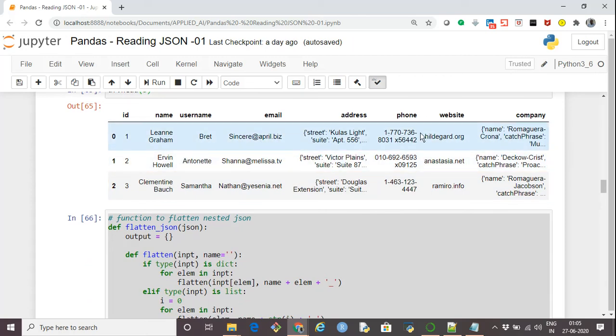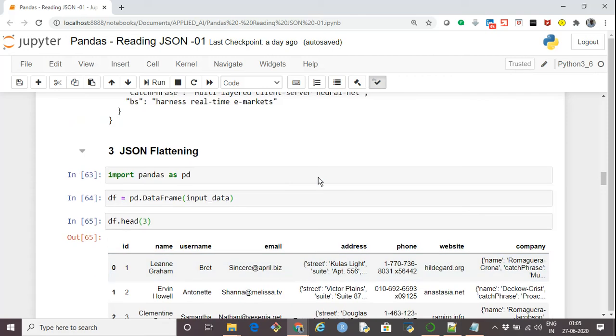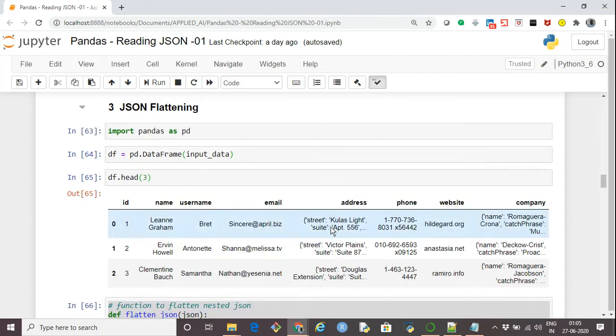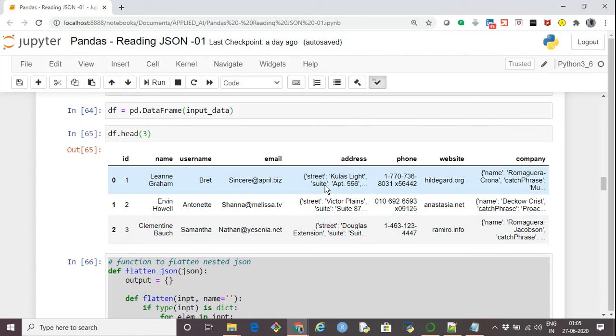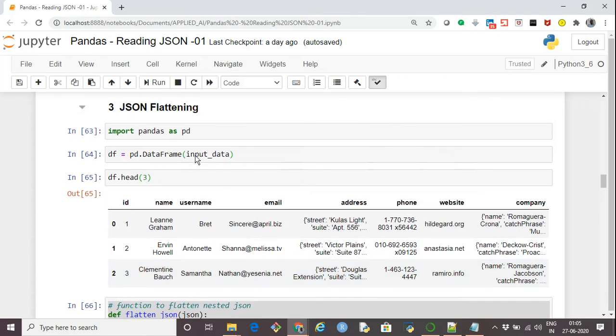But the columns like address and company have nested data, that is, objects again in the form of key-value pairs. Those need to be further flattened out, because they are not flattened by just simply reading them into the data frame.